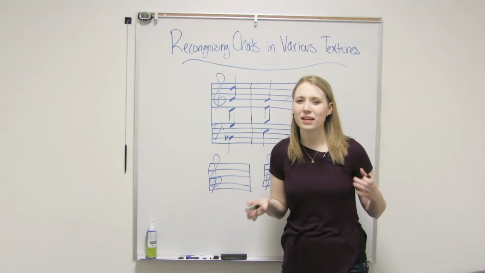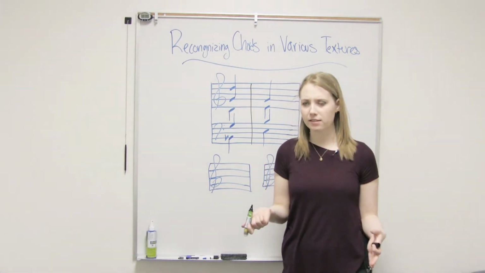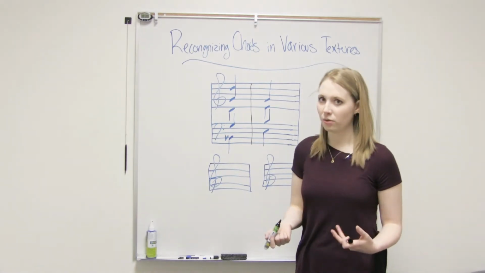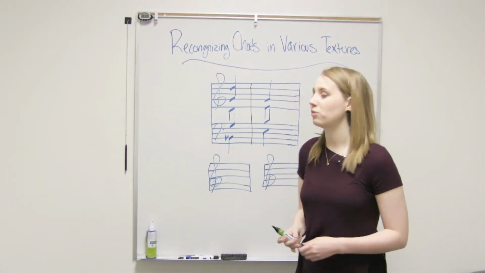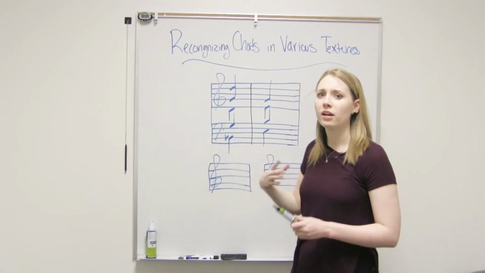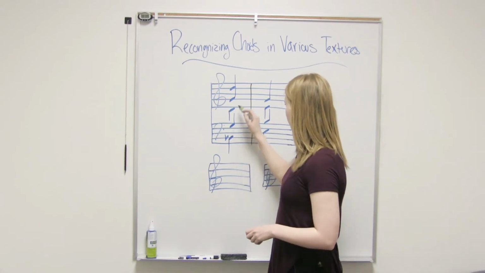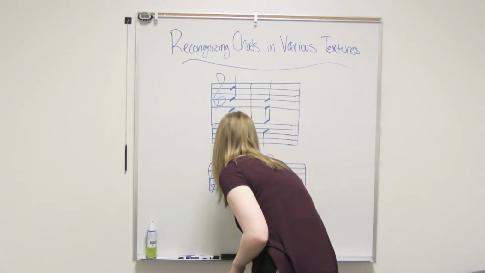So to some that might be kind of difficult to figure out what kind of chord you're in, especially if you don't have any keyboard experience. So what I liked to do when I was starting out as a musician was I liked to take each of these pitches and make a pitch inventory off to the side so I can kind of figure out what chord it is. So if we take each of these notes, we know we have a B flat,